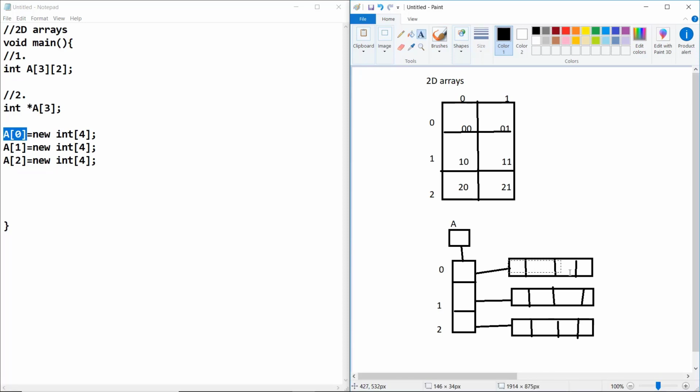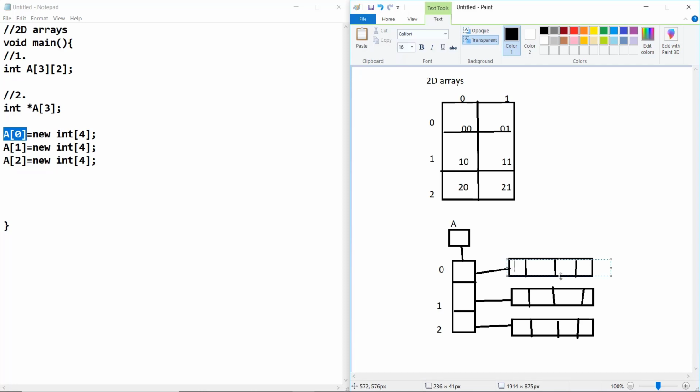Its size is the same. The addresses are 0, 0, 0, 1, 0, 2 and 0, 3. Then 1, 0, 1, 1, 1, 2 and 1, 3. Then 2, 0, 2, 1, 2, 2, 2, 3.